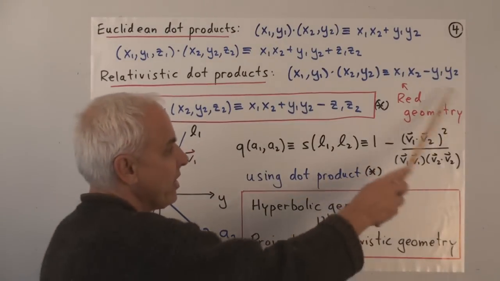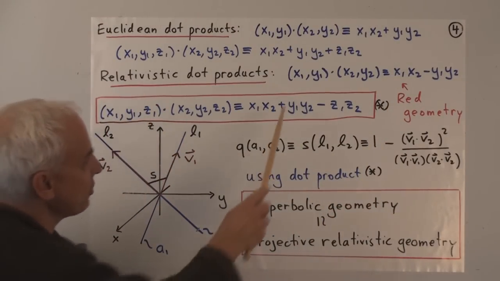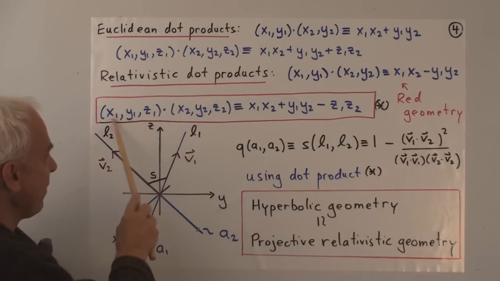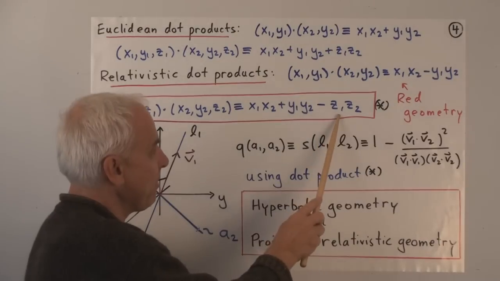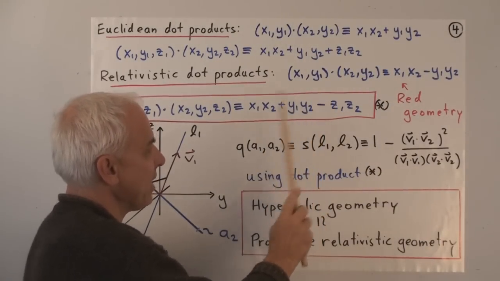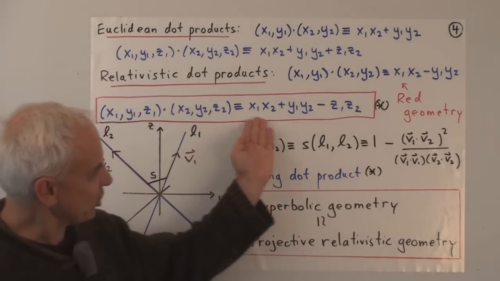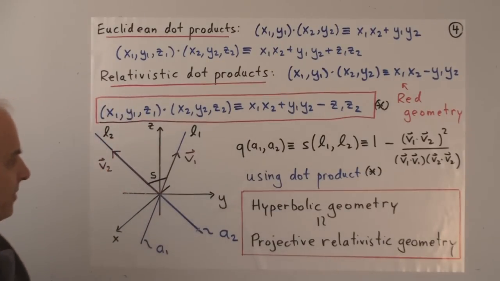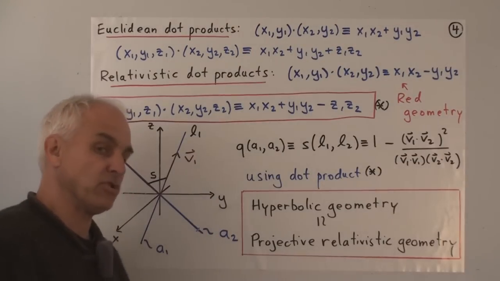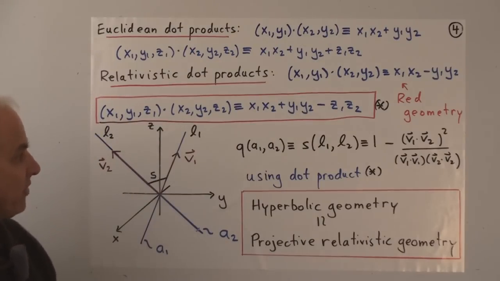You can look up red geometry in the Wild Trig series if you'd like to know more about that. You can also go to 3 dimensions, where you have vectors x1, y1, z1 and x2, y2, z2, and you define the dot product between them just like here, but with a minus sign in front of the z1 z2. That's starting to look quite familiar, because that's very much like the kinds of objects that occur in our hyperbolic formulation of things. In fact, there's a very intimate connection between the hyperbolic geometry that we're studying and this relativistic kind of geometry formed from this kind of dot product.